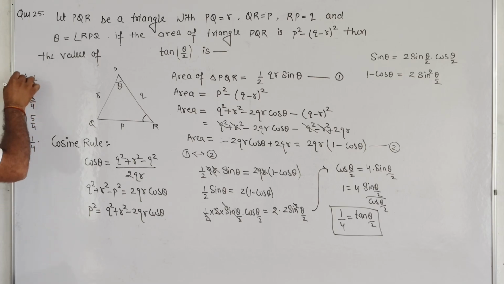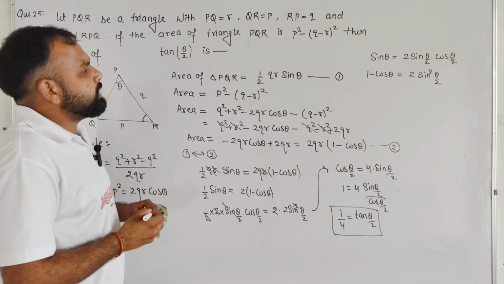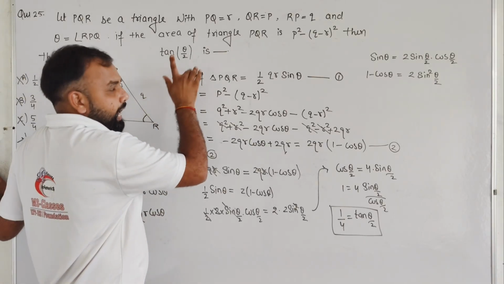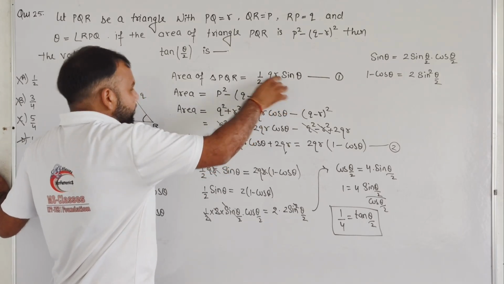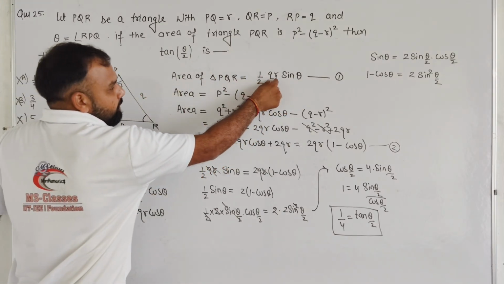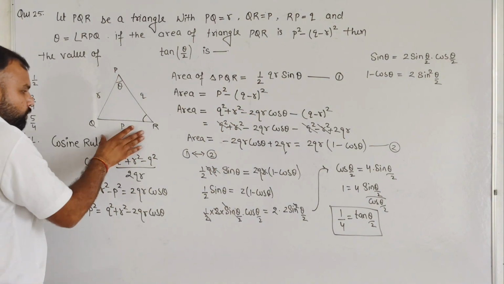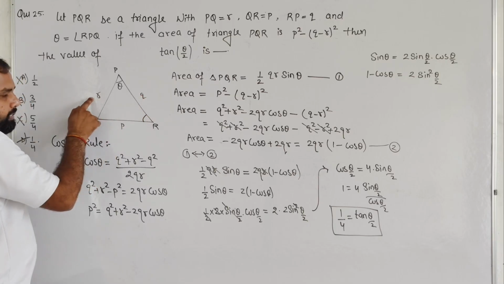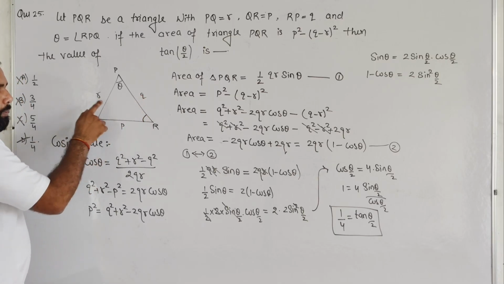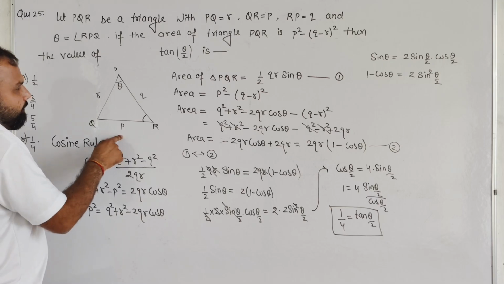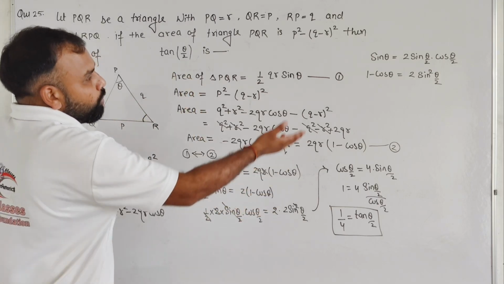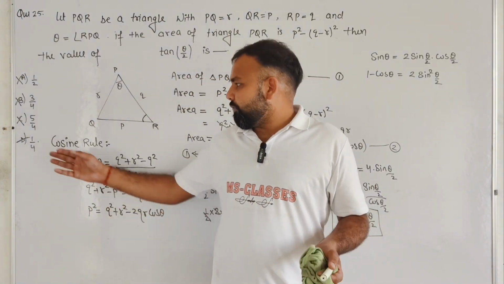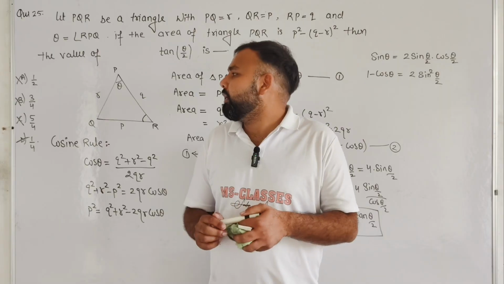Remaining options are incorrect. Okay, student. So this is a simple question. We need to remember two results. First, the area of any triangle, if an angle is given, is 1 by 2 times the adjacent sides multiplied, then sin theta. And there is the cosine rule: cos theta equals q square plus r square minus p square, that is the opposite side square, divided by 2 times qr. And then after that, solve using the half angle formula of sin theta and 1 minus cos theta. Okay. So this is our final answer. Answer is 1 by 4 and the remaining options are incorrect.